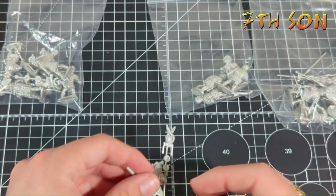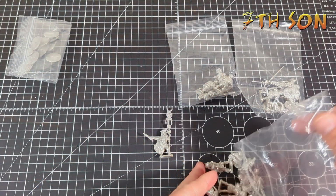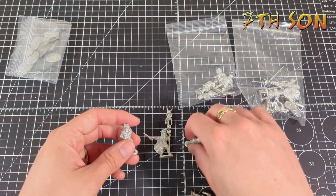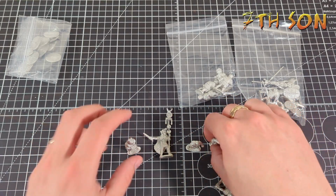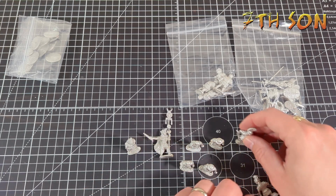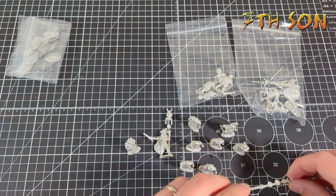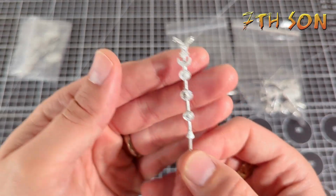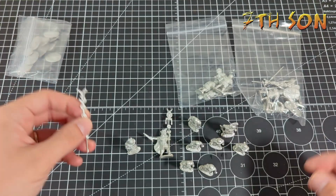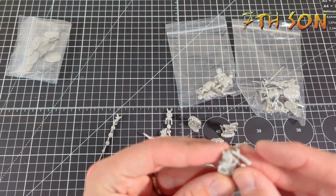Absolutely fabulous. And if we look at some of the other miniatures in here, what was really nice about this set is that the Romans have been sculpted with the adopted leather, I want to call them leather jerkins, but more like a leather vest that they put over themselves to protect from missile weapons. There's a spare standard there, I'll definitely find a use for that. Here is the horn,